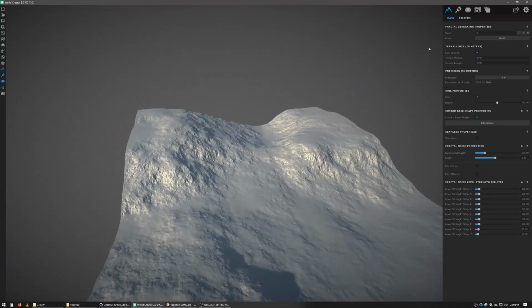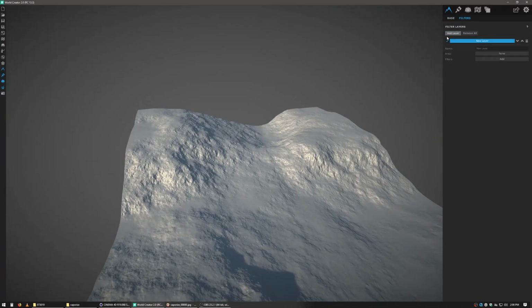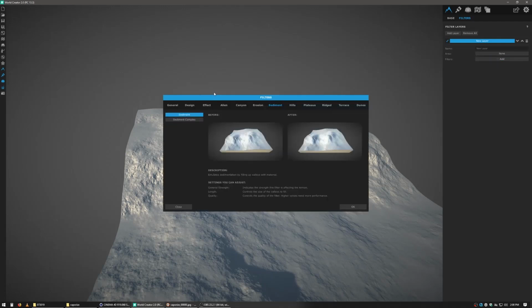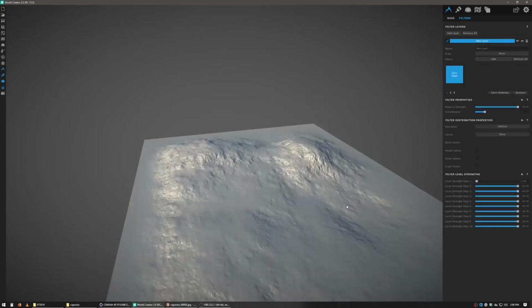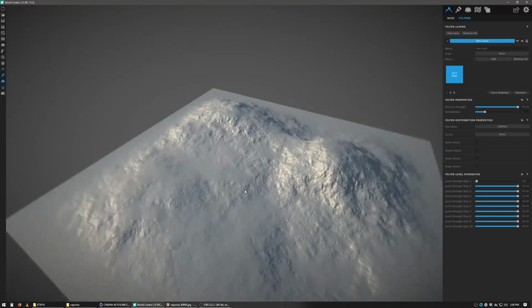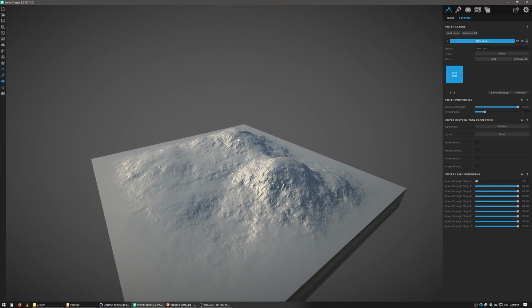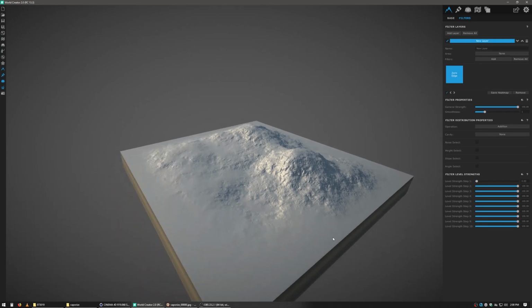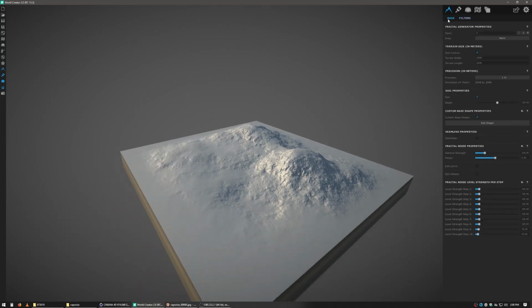But the first thing I'm going to do is I'm going to add a filter. Under the filters tab, I'm going to go and make under general zero edge, and that's going to flatten out all the edges because we want a central peak and we don't want to have a bunch of terrain sticking up around the edge. So we start off with zero edge, and then back in the base tab I'm going